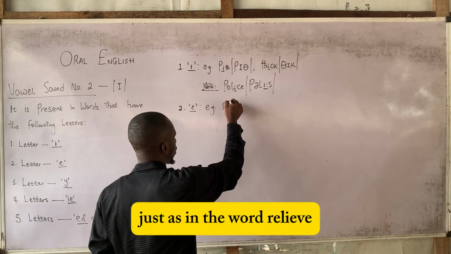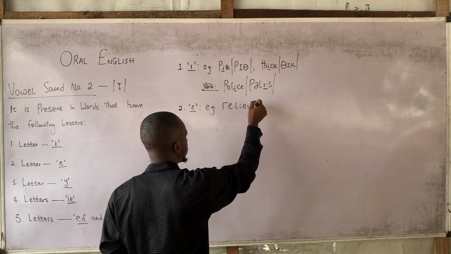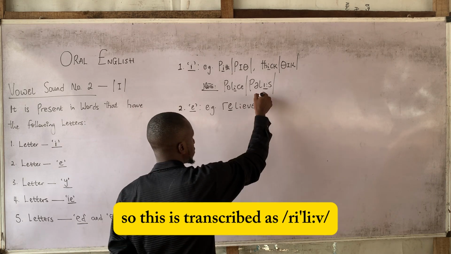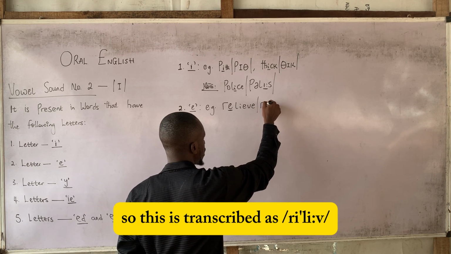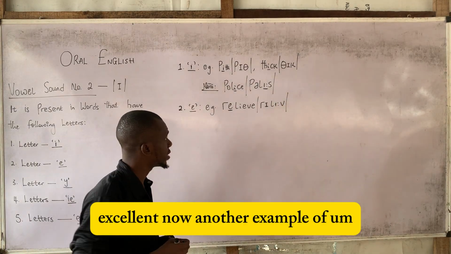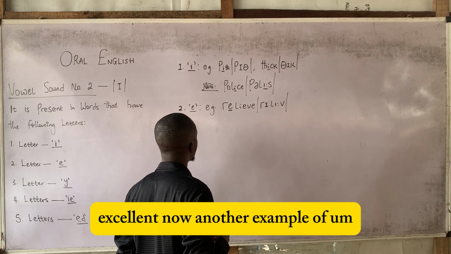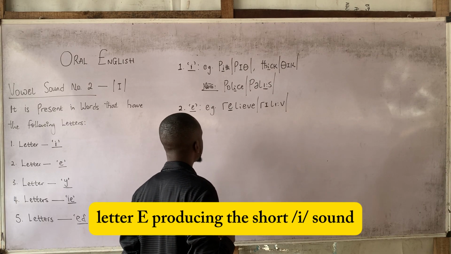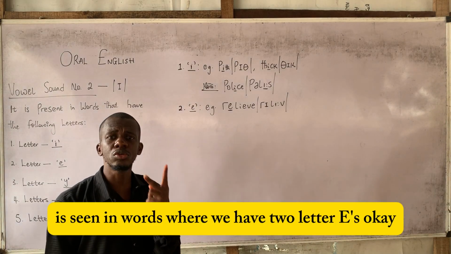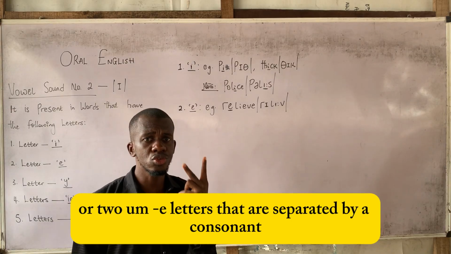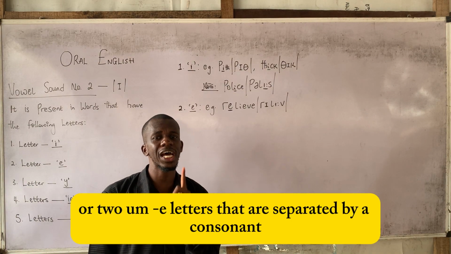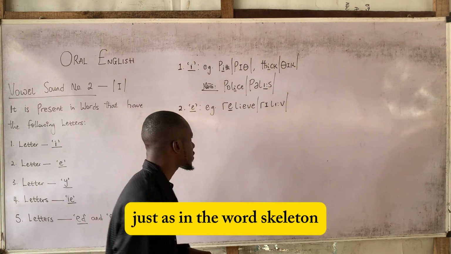Just as in the word relieve, the E in the first syllable. You see that? So this is transcribed as relieve. Excellent. Now, another example of letter E producing the short E sound is seen in words where we have two letter E's that are separated by a consonant alphabet, just as in the word